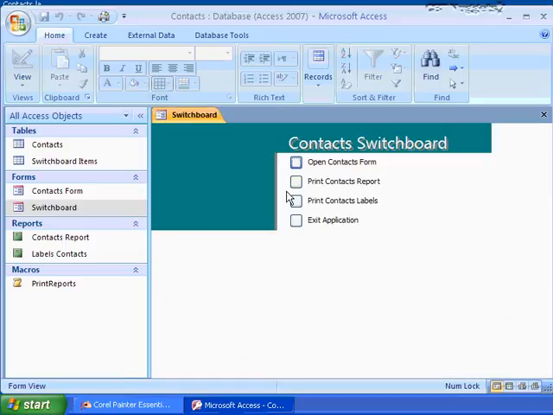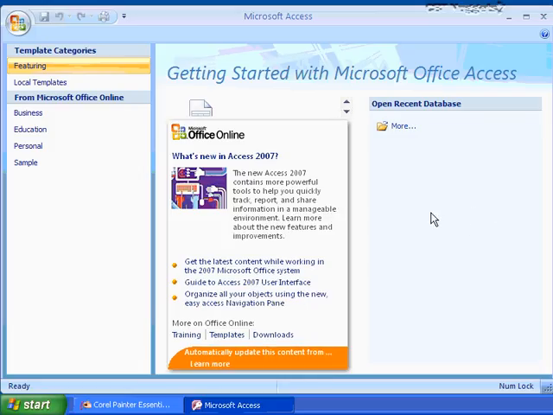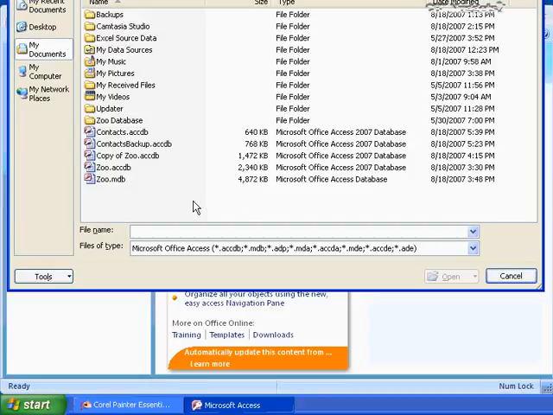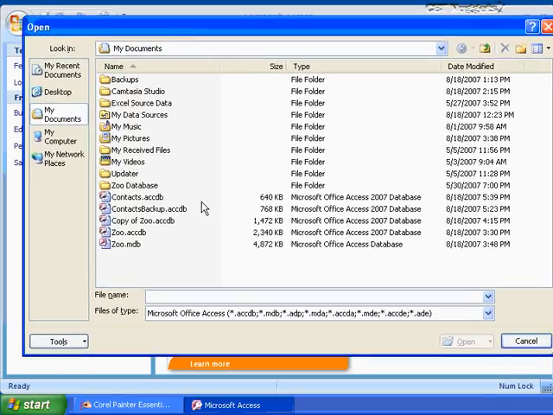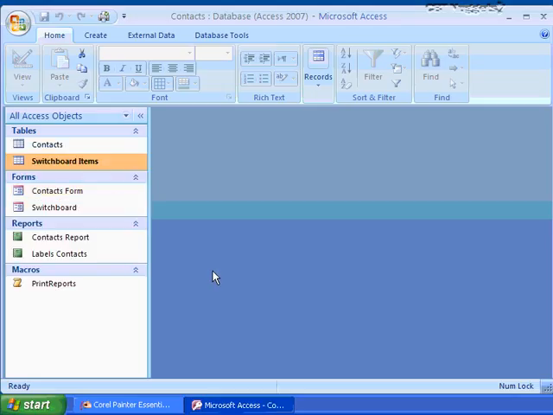I can close my form. Okay. Exit application. It's closed, and here I am in Microsoft Access. I can open that up again. Instead of going into my desktop, where I have the ACCDE file, which is just for people who want to execute that application and not make changes, I can go into my Contacts ACCDB file, which is the main database,